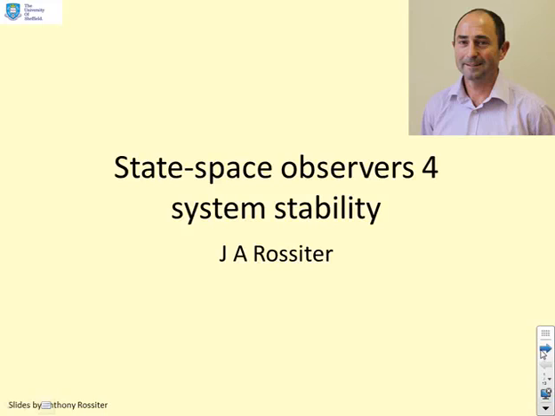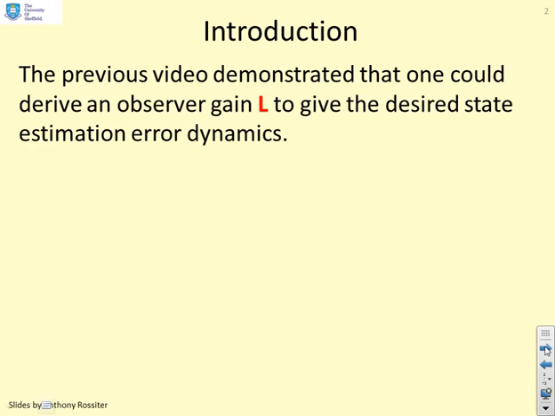This video looks at system stability with an observer, or the separation principle. The previous video demonstrated that you could derive an observer gain L to give the desired state estimation error